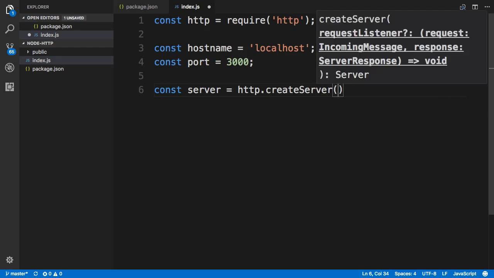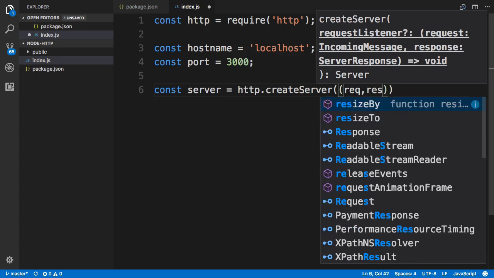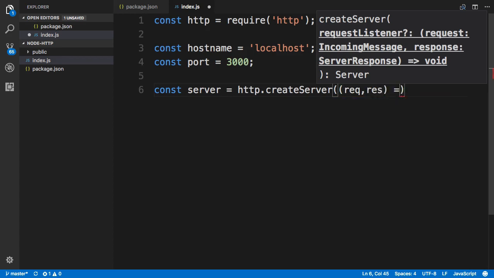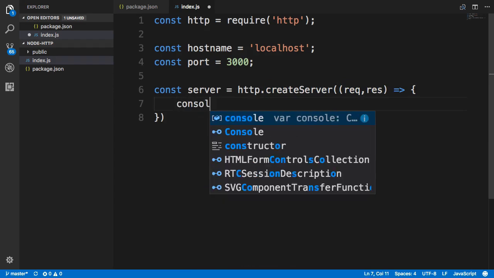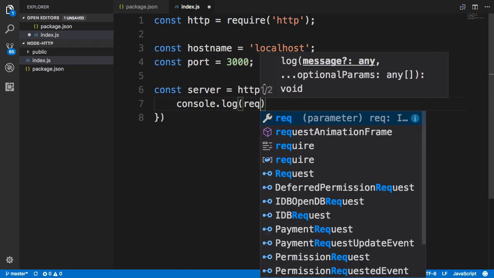This createServer method will take a function as a parameter, and this function takes two values as parameters, request and response. And as you can see, I am writing an arrow function here. So the request and response are the two parameters to the function that we supply as a parameter to the createServer method here. And inside this, we will say console.log